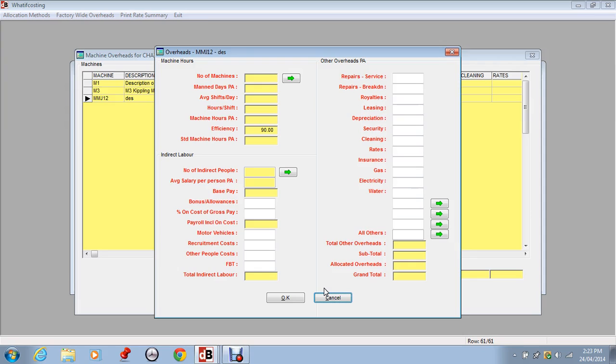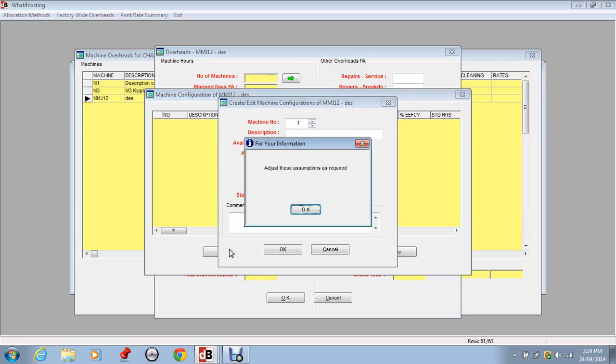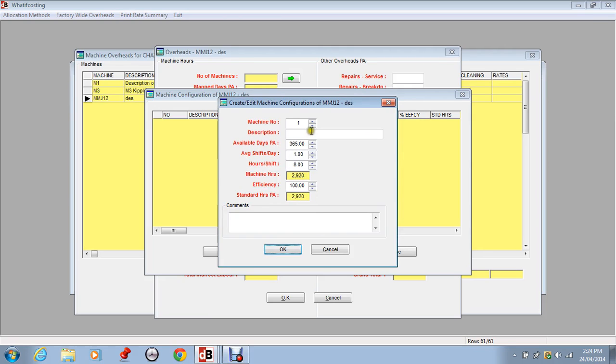Now the first thing to do in creating the machine overhead rate is to determine the machine hours per annum. If we click this green arrow here, we can add one or more machines that are actually involved in this machine, bearing in mind that a machine can refer to a group of machines. So MMJ12 may have in it two specific machines. What we want to do is to get a rate for the overall position, that is the two machines combined, but each machine may contribute different machine hours. So we'll call this